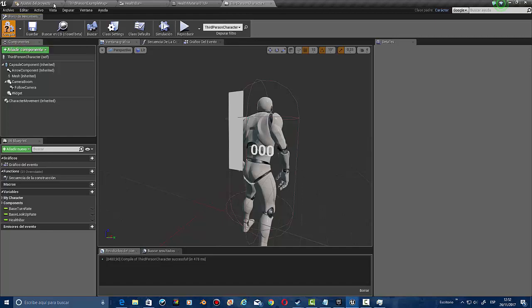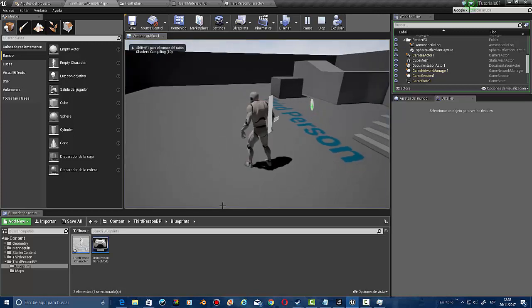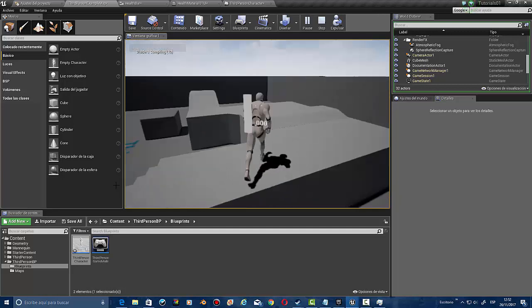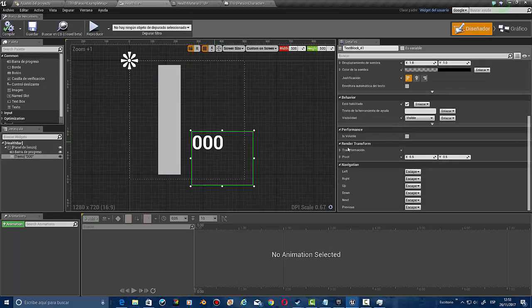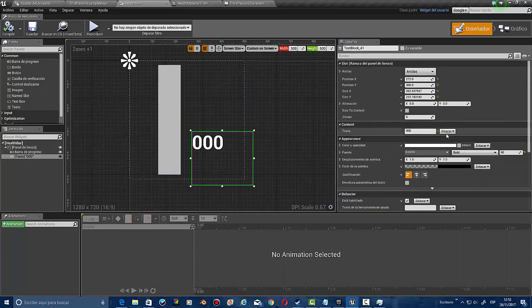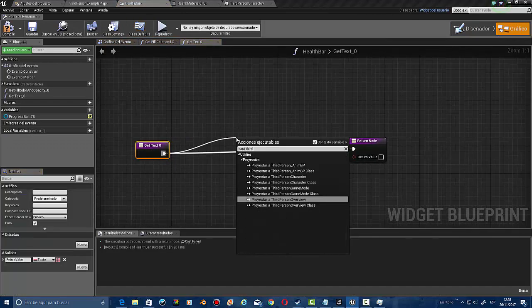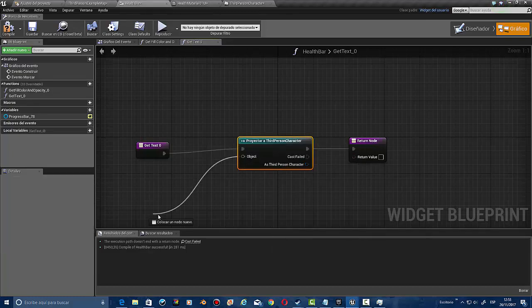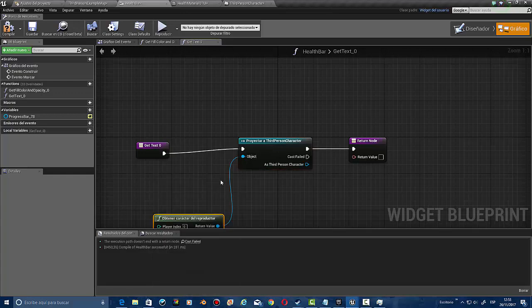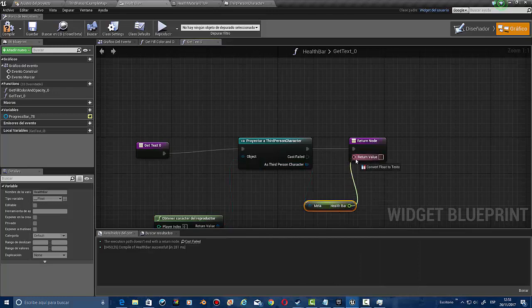So we compile, we're going to the game, and we got this thing on the back, see? Alright, if it doesn't freeze again, I could show you better and faster. So there we go, we got this health bar on the back with the points. So let's quit for now. What we're going to do is link the text in here. We're going to cast to third person character. We're going to get player character, and we're going to get health,